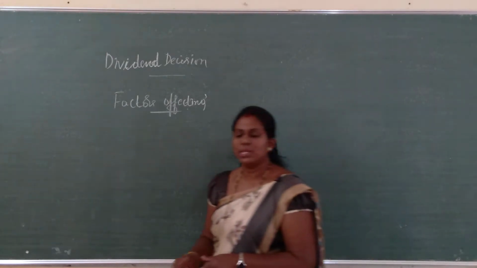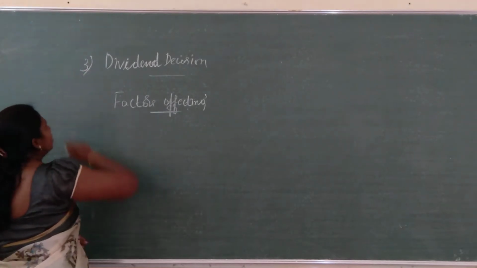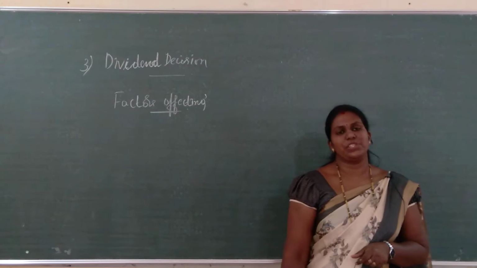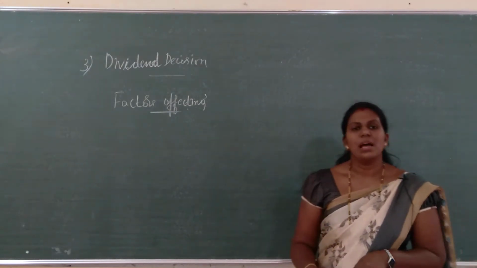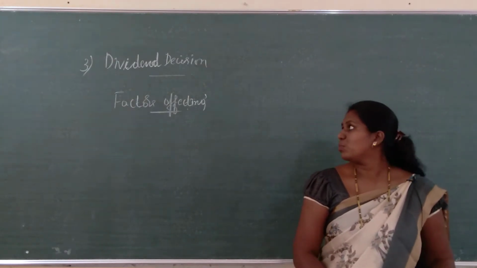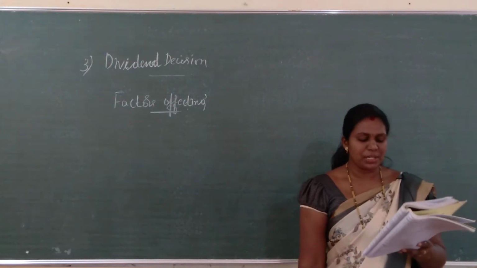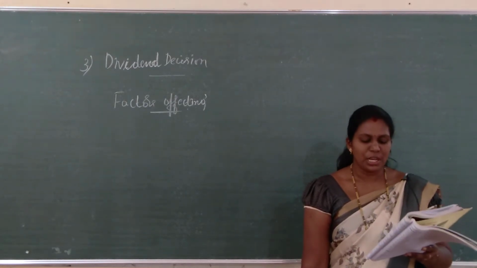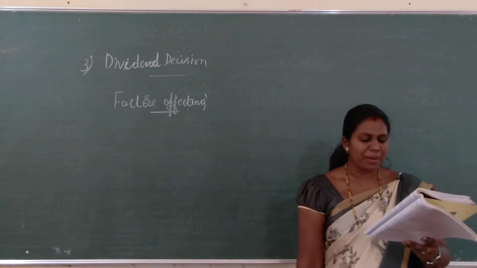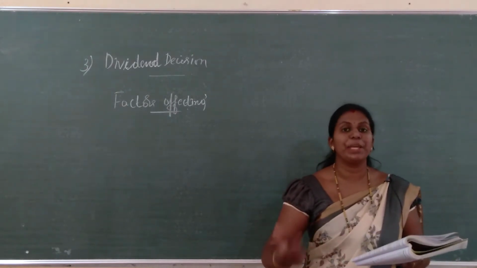So among the three important decisions, we are now seeing the third important decision, the dividend decision, and we are going to discuss the various factors affecting it. First of all, let us see the meaning of the dividend decision. Dividend decision is a financial decision which relates to how much of the profits earned by the company after paying tax